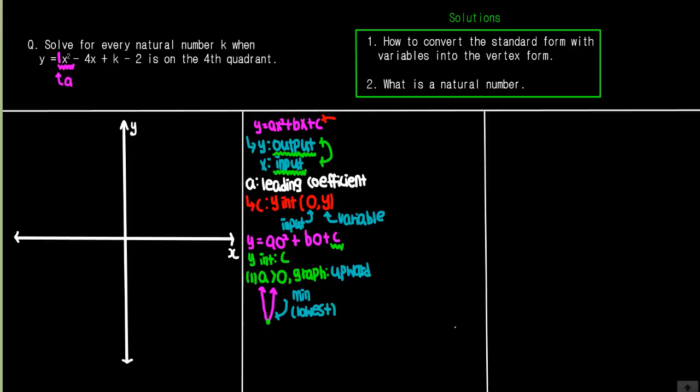So when the minimum point exists, we can say that our leading coefficient should always be a positive value. Now let's think about the second type. The second type is when the a value, our leading coefficient, is less than 0. When our leading coefficient is less than 0, the graph of our quadratic function will open downward, or will go downward,